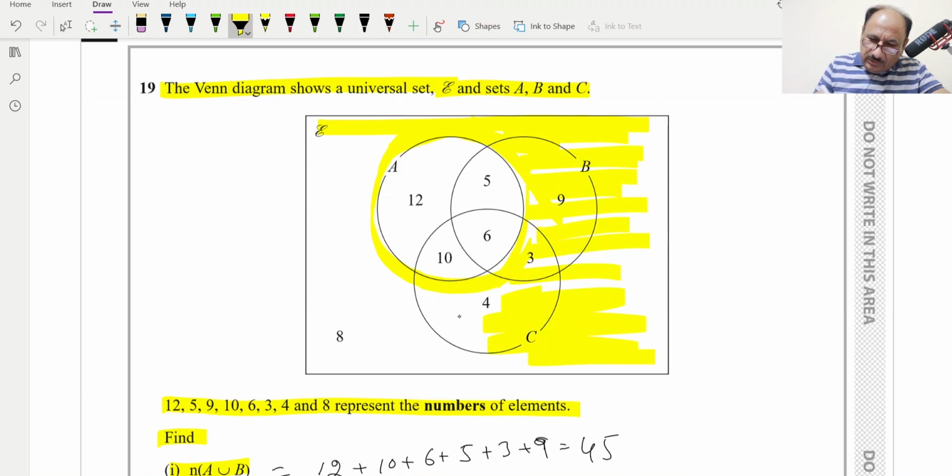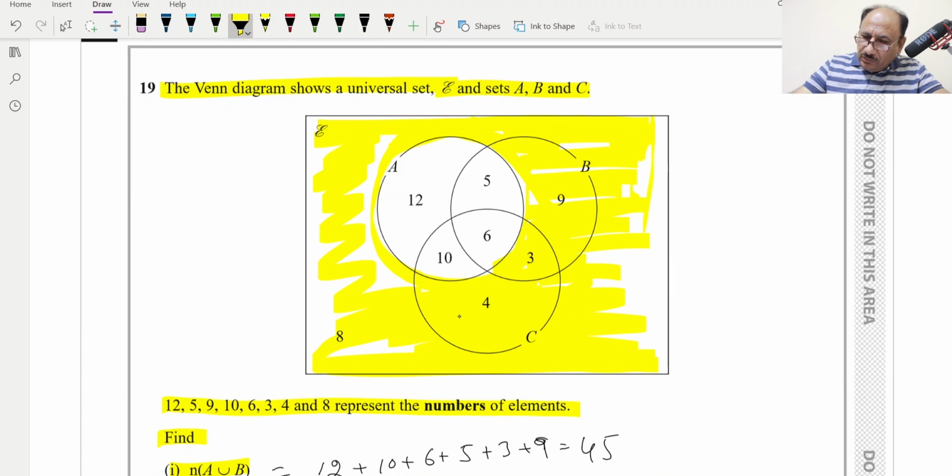This one will be not in A. Hopefully you are getting it, this is A complement which we are doing. This is all shaded. So this is A complement,